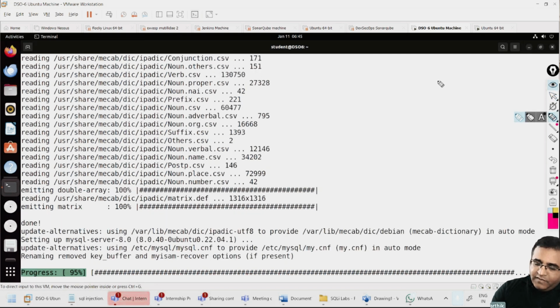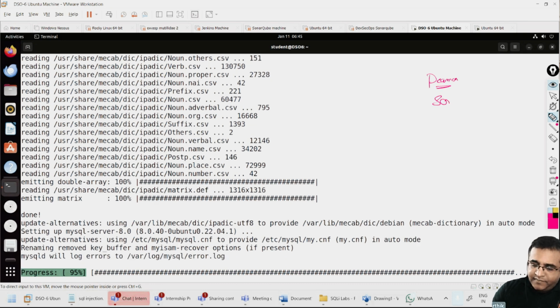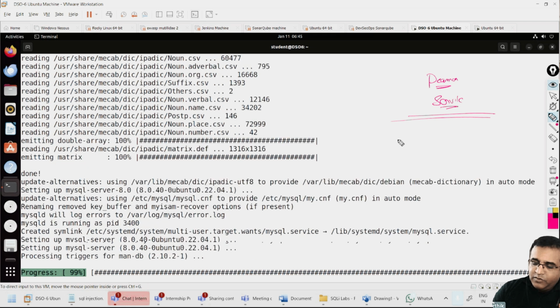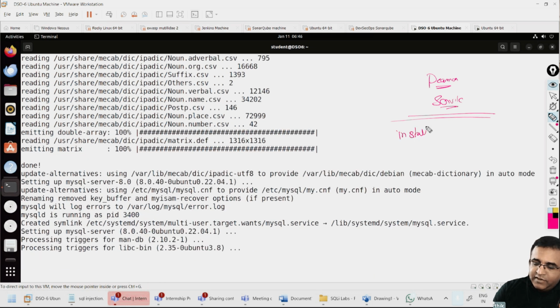MySQL will run as a daemon, meaning it is going to run as a service in Ubuntu. By default, after you install it in Ubuntu, the service will start by default. Okay, so how do you know whether the service is running or not? It's very simple.